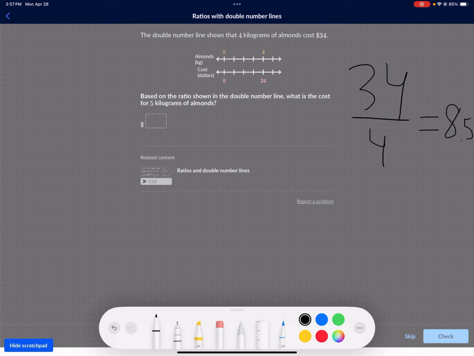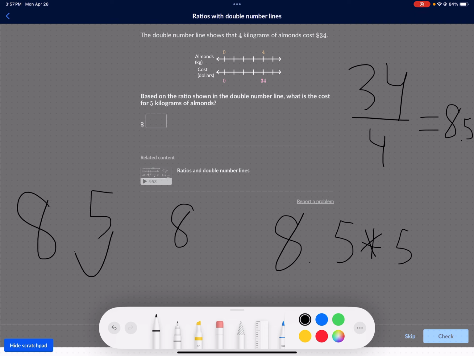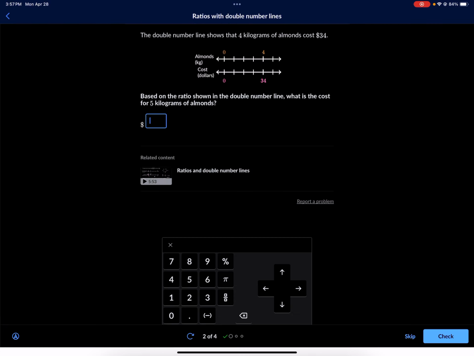8.5. 8.5 times 5. When we're doing times 5, we move the decimal place 1 up, 85, and then divide by 2. Any number divided by 2 will end up with either a 0.5 or a 0.0. This will always work. When it's odd, it'll be 0.5. When it's even, it'll be 0.0, or just a whole number. So 85 divided by 2 is 42.5. So that means that the cost will be 42.5, which, since we're talking money, we want